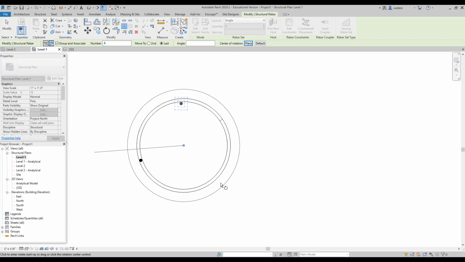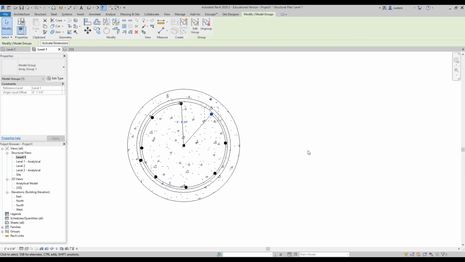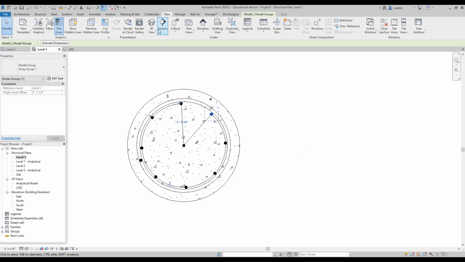But if I put in 360, that will not work. I need to figure out what the angle is between the 8, which is 45 degrees. So if I put in 315, it will not put one on top of another one. If I did 360, it would put double here. So if I do that and I hit enter, now I have my 8, and you see it stopped it right there. Now if I go back to my 3D view,